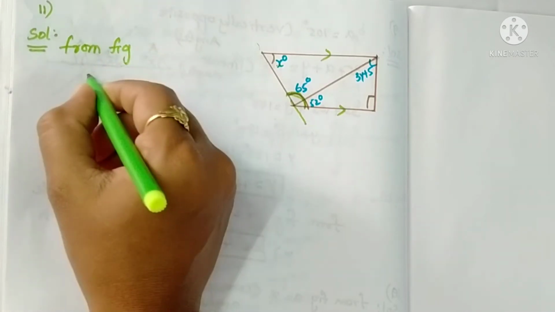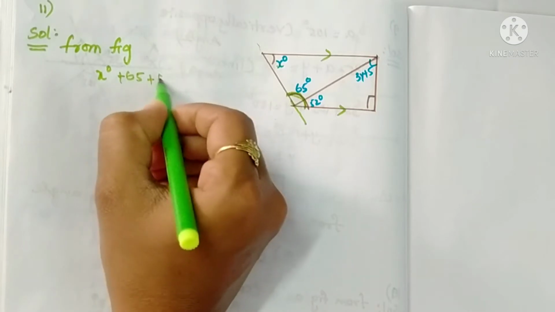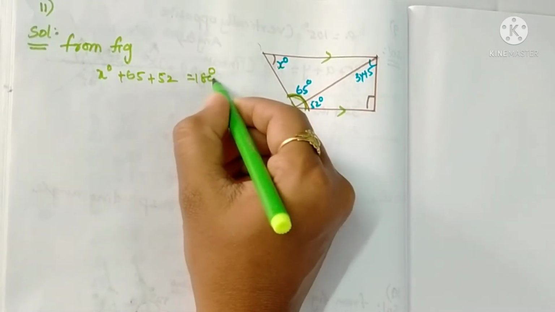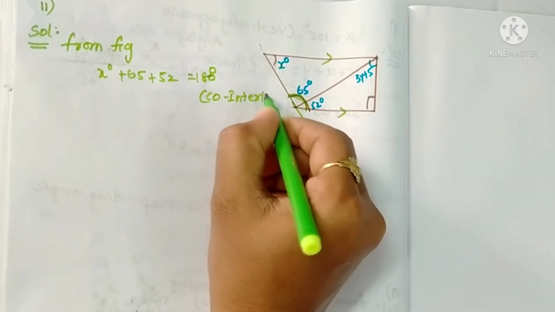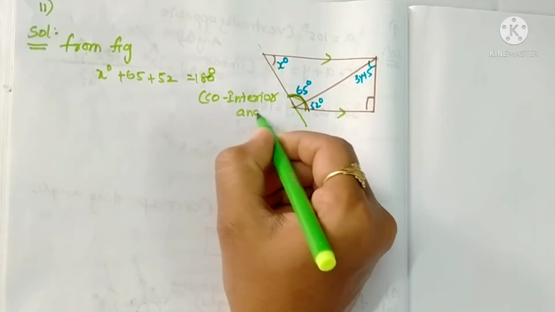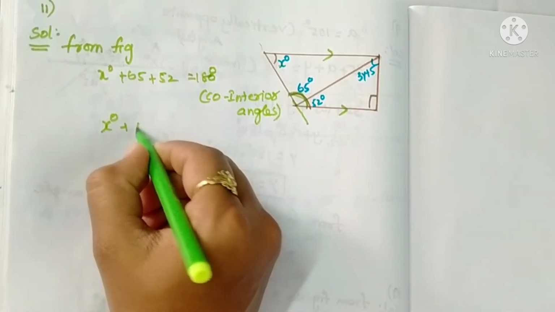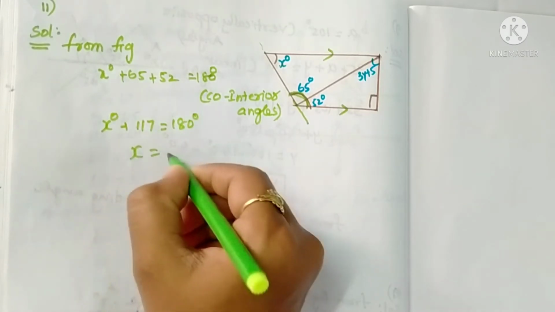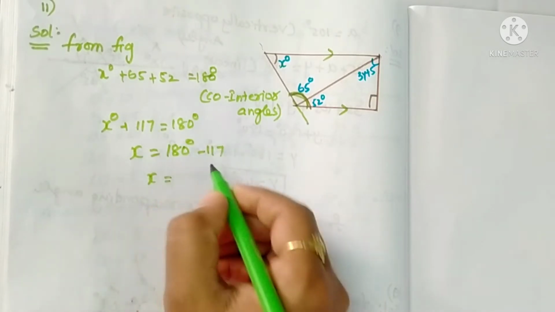So from the figure, x degrees plus 65 plus 52 equals 180. What is the reason? Co-interior angles. So x degrees plus 117 equals 180 degrees. Then x is equal to 180 minus 117. It is